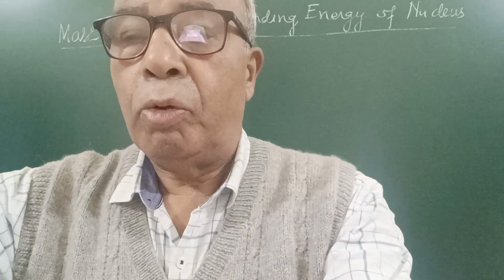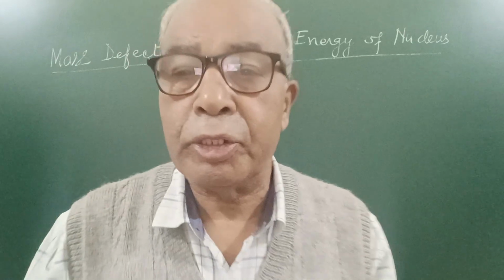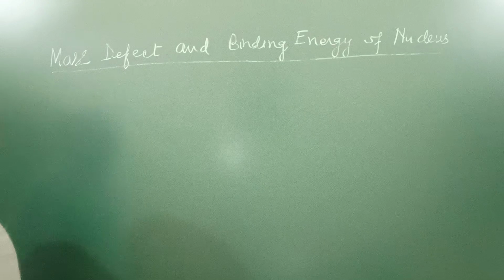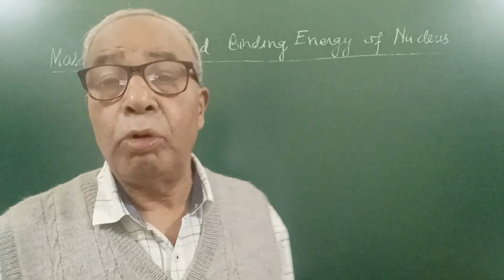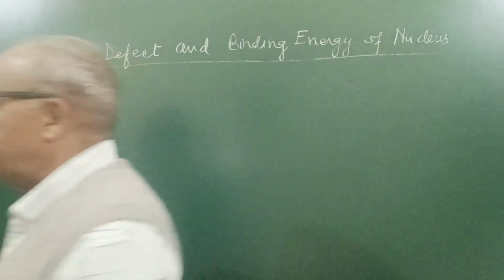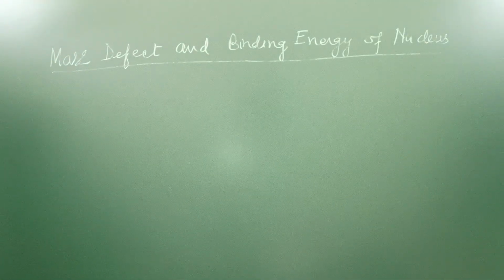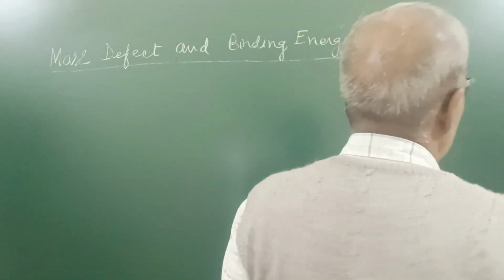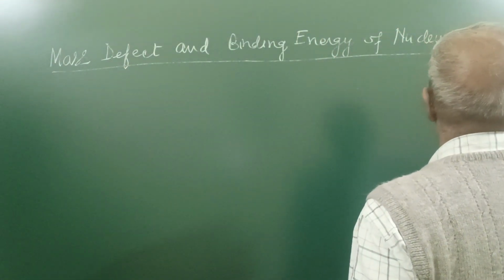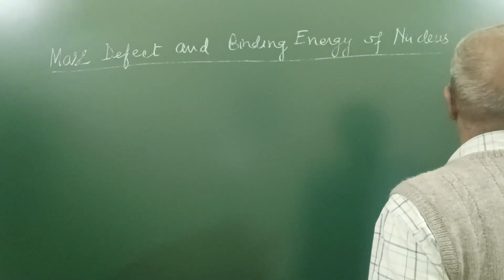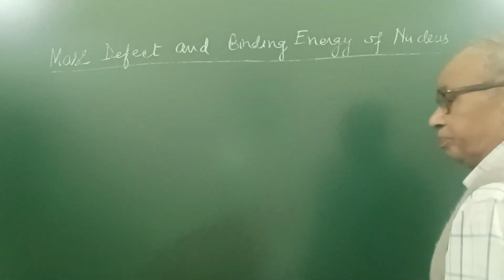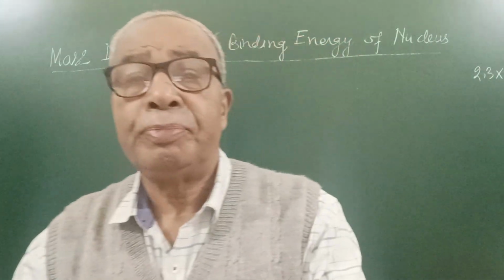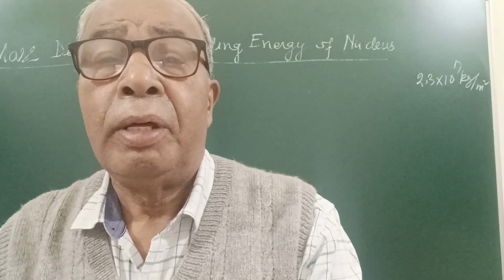Well, dear students, now in this video I am going to discuss and tell you about mass effect and binding energy of nucleus. I have told you that nucleons, meaning protons and neutrons, are tightly bound in a very small region at very large density. I told you 2.3 into 10 to the power 17 kg per meter cube is the nuclear mass density. So nucleons are very close to each other, and for this,